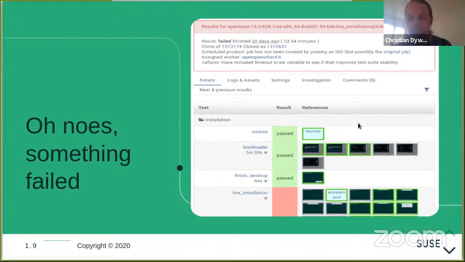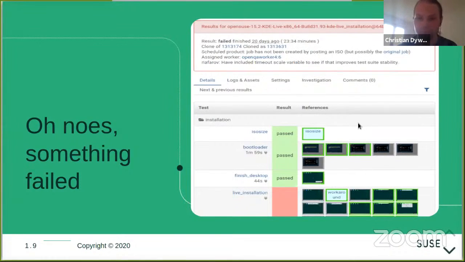So in the ideal case, you just have a way to verify what's going on, what's being done on the system. And so the screenshots, which we call needles in openQA context, show you what the test run looks like. And this is going to become especially important as we're wondering why this test called live installation failed.